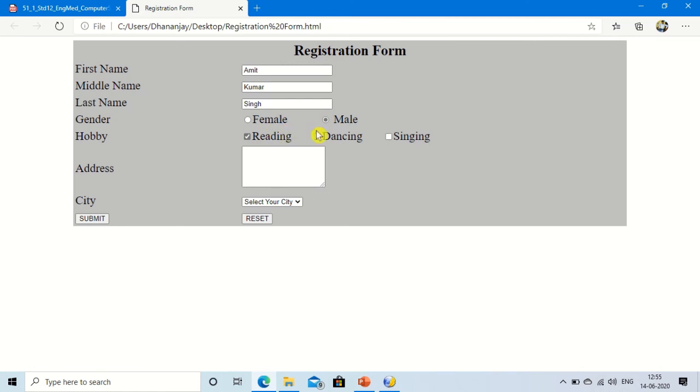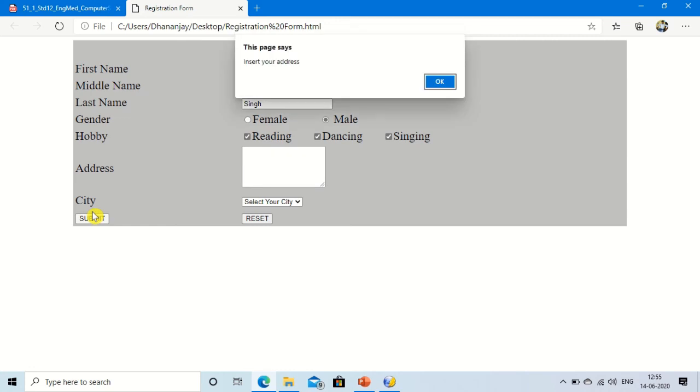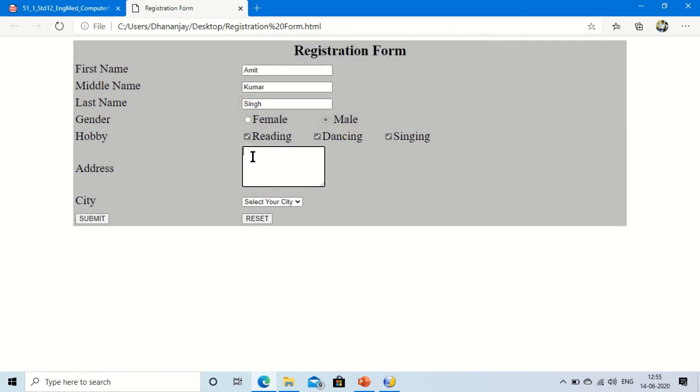Hobby reading, dancing, singing, all. I'm not giving the address so that I can check whether I have validated the address or not. Click on the submit. Yeah, it is very good. It is asking insert your address. If I click on the OK, then you can see the cursor is jumping over here. That is the benefit of using the focus method.